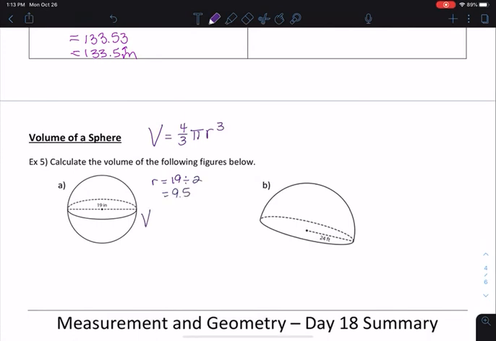So my volume is 4 divided by 3 times pi, 3.14, times 9.5 times 9.5 times 9.5, or 9.5 cubed. So we type 4 divided by 3 times 3.14 times 9.5 times 9.5 times 9.5, and we get